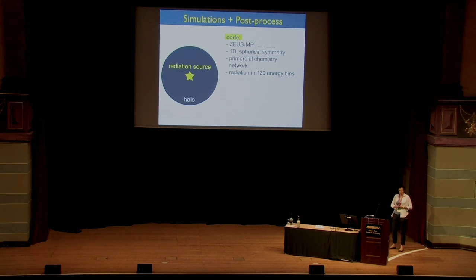So let me quickly show you my setup. I run simulations and then I post-process them. The setup can be cartoonishly pictured like this. I have some halo, some first galaxy, and at the center I have a radiation source, which will be an SED. Then I use the code SysMP. I run it in 1D and spherical symmetry, which is probably the biggest caveat of this work. The code includes a network of primordial chemistry, and the radiation is transported in 120 energy bins. And the nice thing is that the